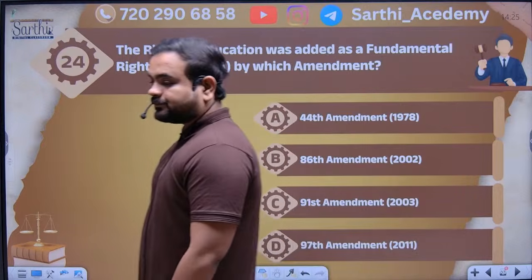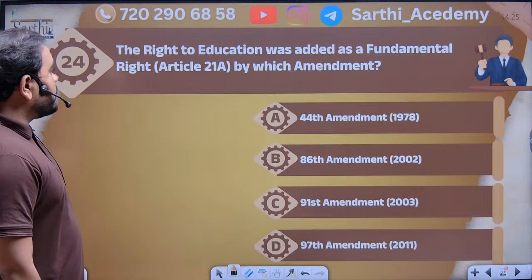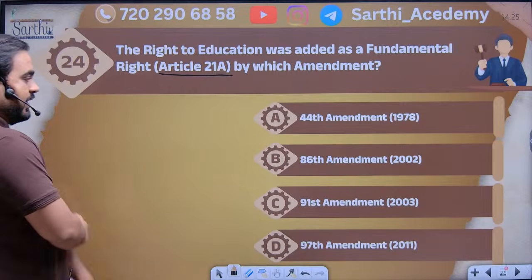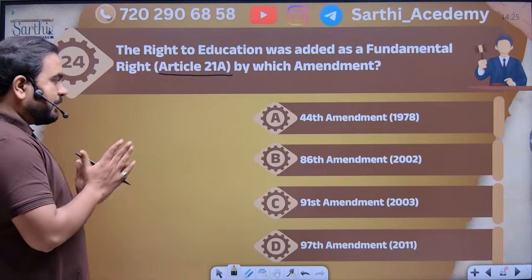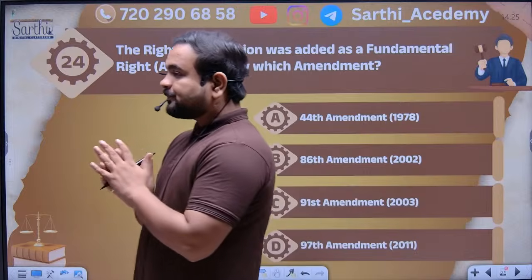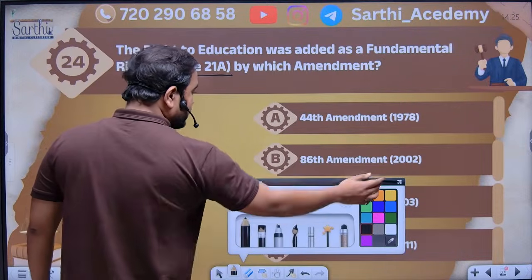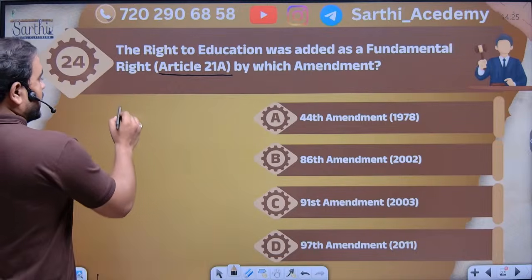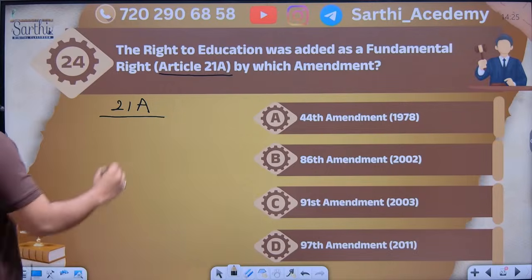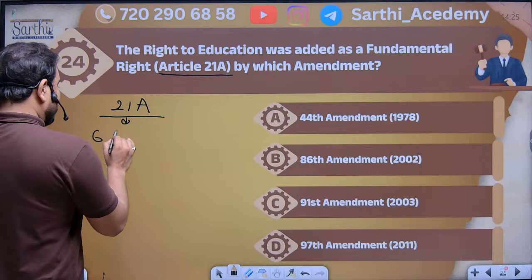Question number 24. You just have to remember the article directly, it is asked repeatedly in exams. The right to education was added as a fundamental right, article number 21A, by which amendment? Please answer, by which amendment was the right to education added to fundamental right 21A? I just want to ask you this question because many students are not aware of this particular point. Our constitution has one article in fundamental rights. The article is 21A, and it says that every child in India, age group between 6 to 14,